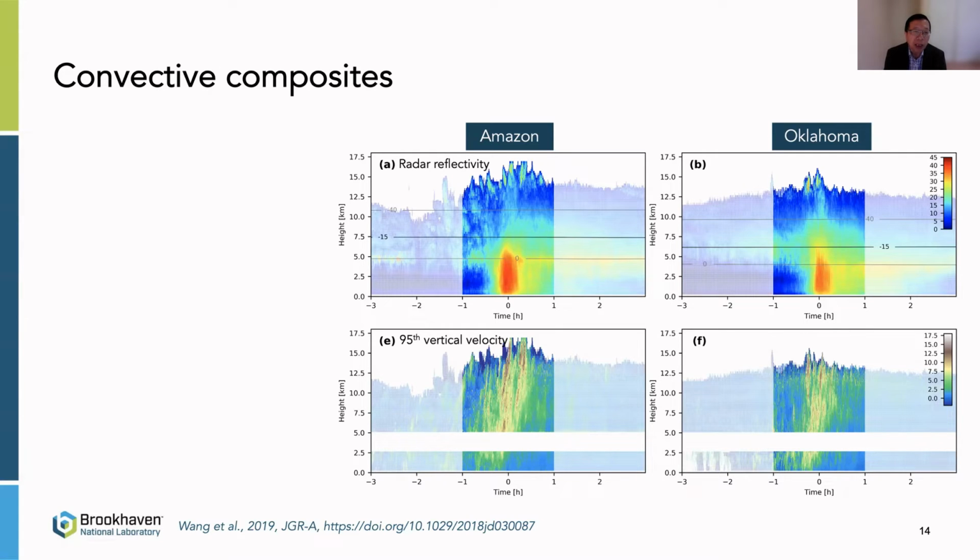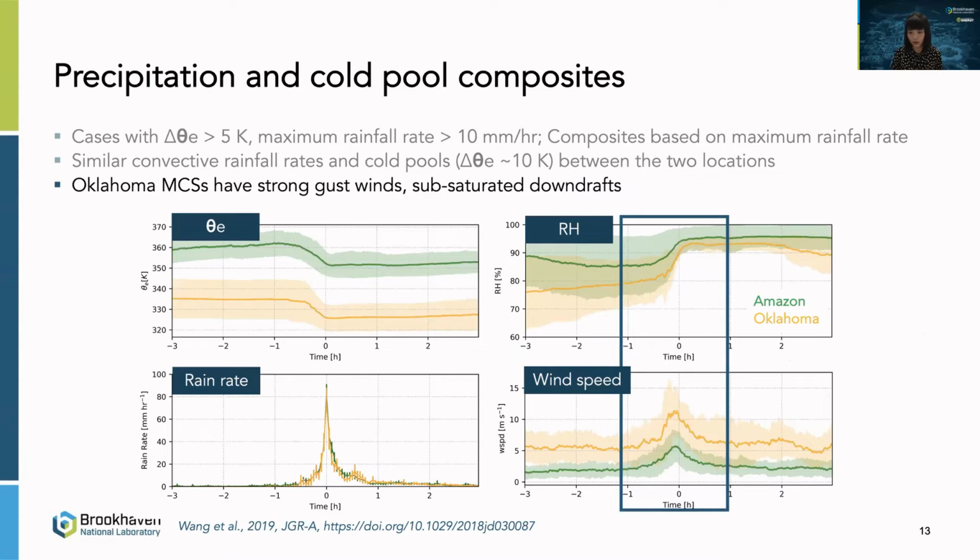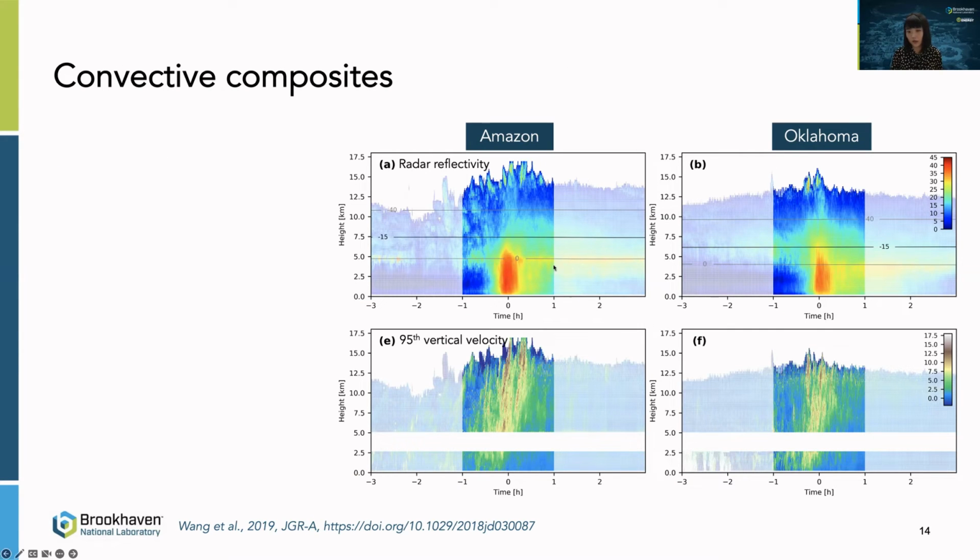Maybe you can help to clarify why there is a wide band from 2.5 kilometer to 5 kilometer in the vertical velocity. It's masked. Yeah, it's masked because this is the melting level. We have those melting particles, and you see we have strong radar refractivity here at the melting layers. So the retrieval of the vertical velocity isn't that accurate. So we mask that out in the melting layers, and we don't use those retrievals at these levels.